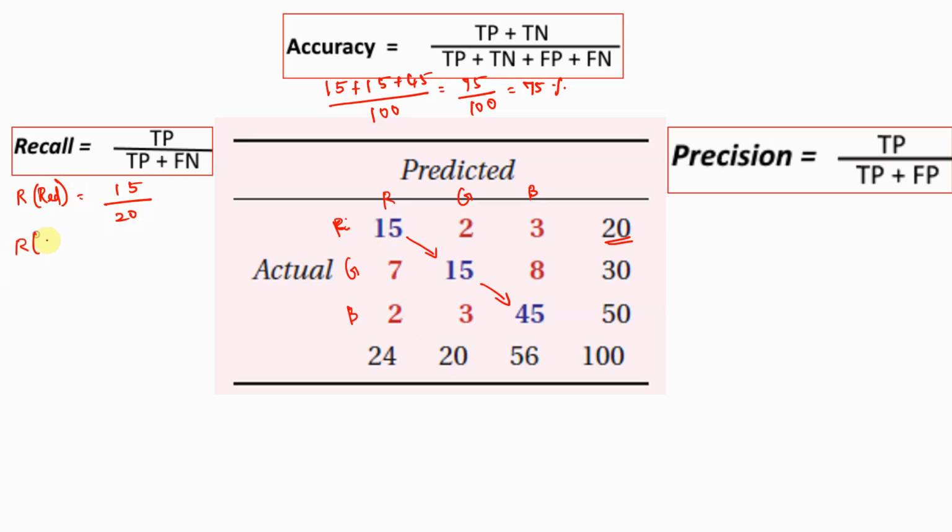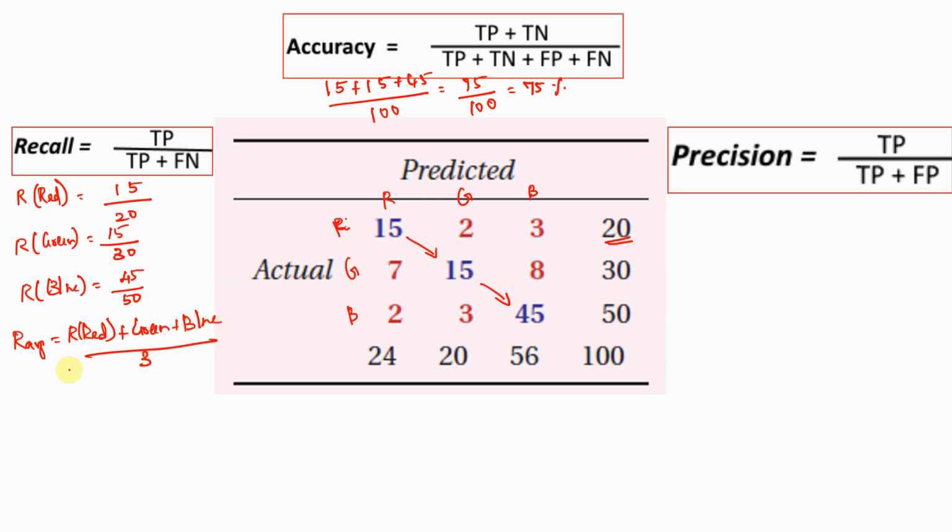And recall for green, that will be 15 divided by 30. Then recall for blue, that will be 45 divided by 50. So what is the recall? That is the average, which represents recall for red plus recall for green plus recall for blue divided by 3,